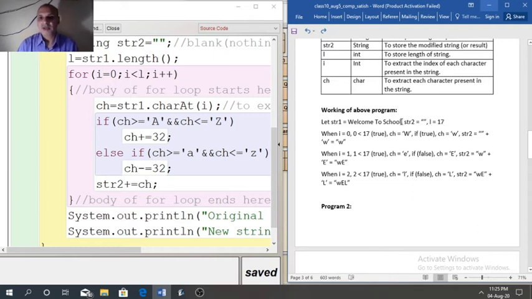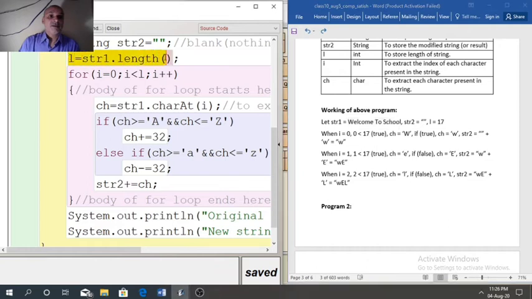Let us count how many characters are present in this input. 1 2 3 4 5 6 7 8 9 10 11 12 13 14 15 16 and 17. Space is also a character. Now L will store 17. We have got the length.